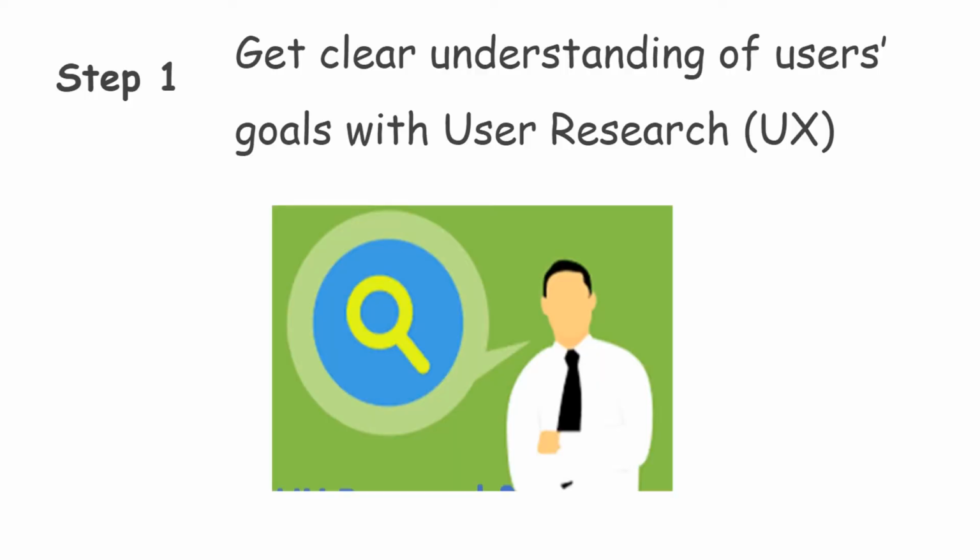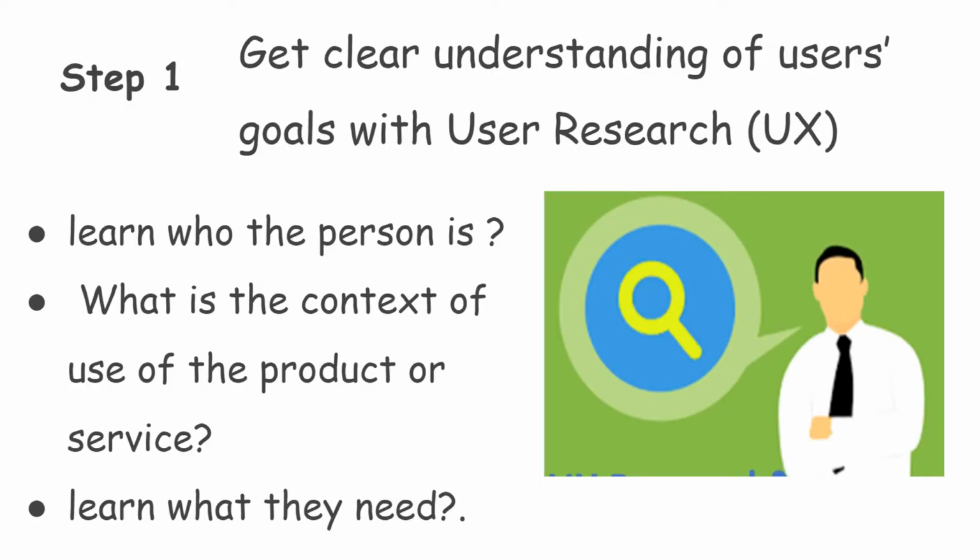Step number 1. Get clear understanding of user goal with user research. User research is the systematic investigation of users. You understand who the user is, what is the context of the use of the product, and most importantly, we need to learn what they need. We need to understand what are their goals, what is it that they want to achieve, what are their motivations,